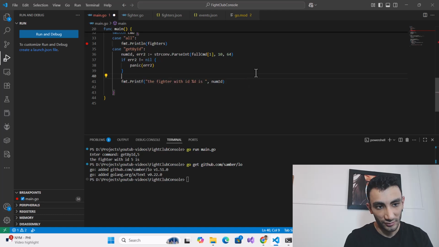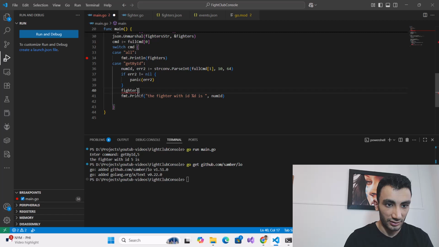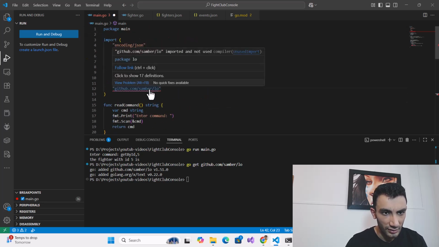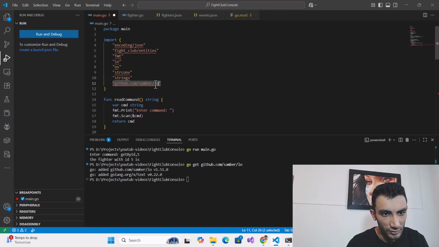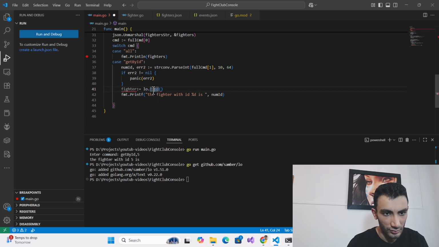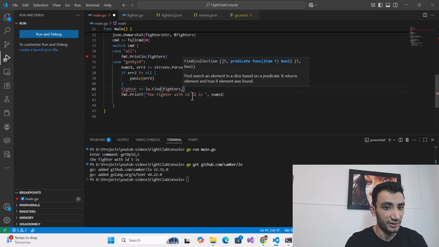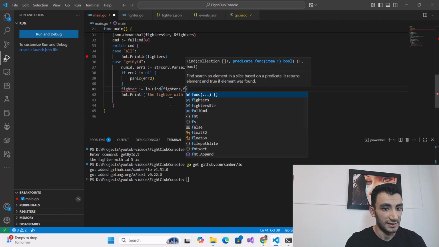Say fighter is equal to io.Find. It should be in a capital, io.Find from my users or fighters, and where I want to find that, say find.